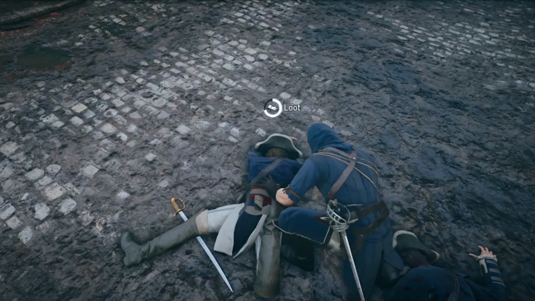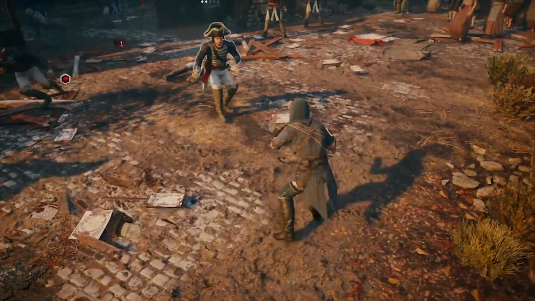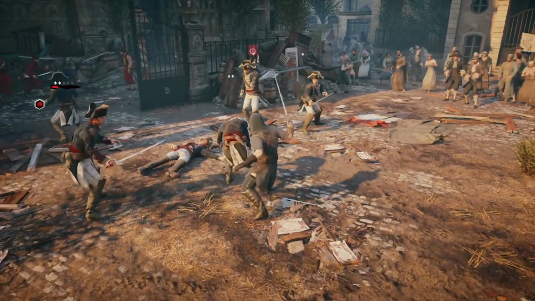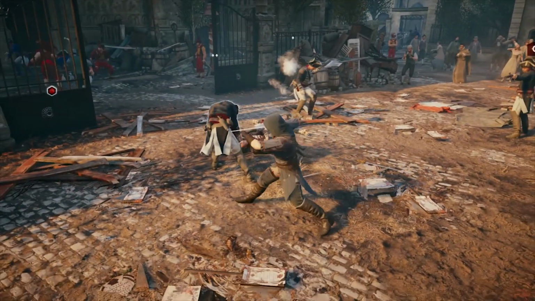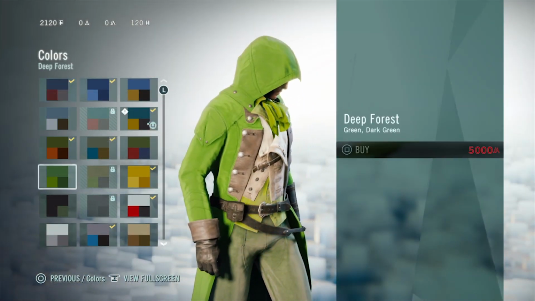But when you do get found out, the combat system kicks in and you can use guns, swords or daggers as well as other cool gadgets to kill your foes. However, the system does feel like it needs work, especially when dealing with large groups of enemies. The 360-degree combat leaves a lot to be desired. As you level up, you can add new perks to your inventory, but for me, the star of the show